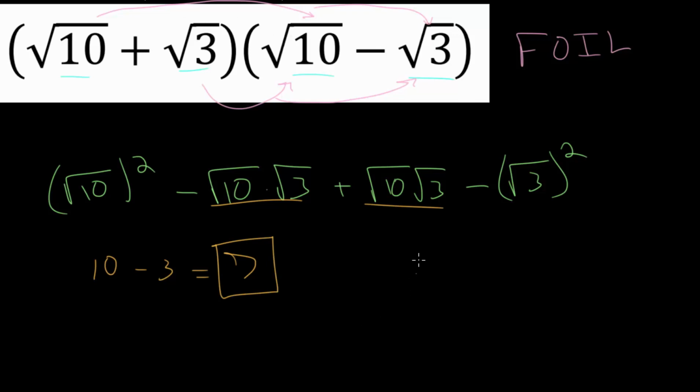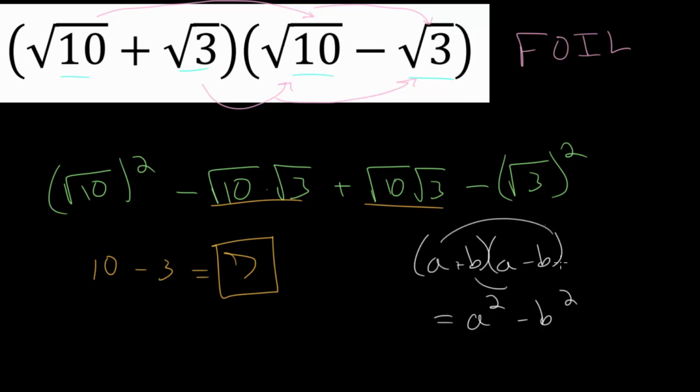Now, like I mentioned, you may have realized that this was a difference of two squares, when we have a plus b multiplied by a minus b. Anytime we multiply out an expression like this, or these two factors, we will end up with a squared minus b squared, and those middle terms will always cancel out. Since notice that the outer ones, a times negative b, would be minus ab, and then we add the inner ones, plus ab, they always cancel each other out, and we get back this difference, we are subtracting, of these two squared numbers. So if you notice that, then that might have helped your work,